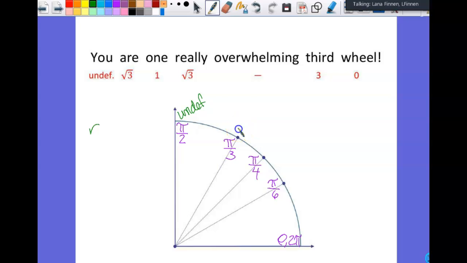R, square root of 3, okay, gives you the square root of 3. 1, and then really, so it's a square root of 3 again, with a fraction bar, overwhelming third wheel. Those are your tangent values. You are one really overwhelming third wheel. Just something that could be helpful. So these are your tangent theta values